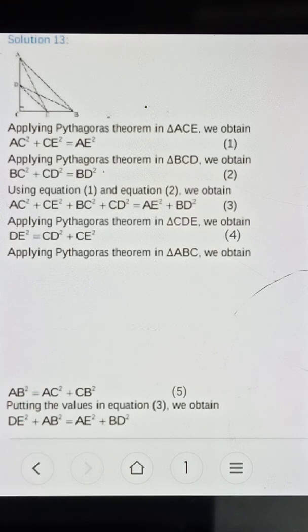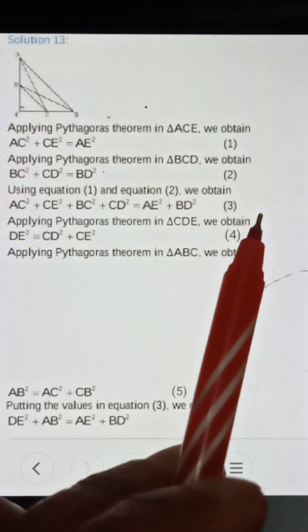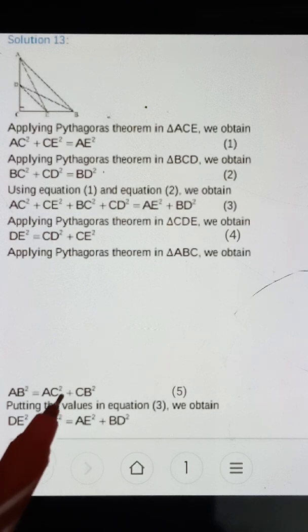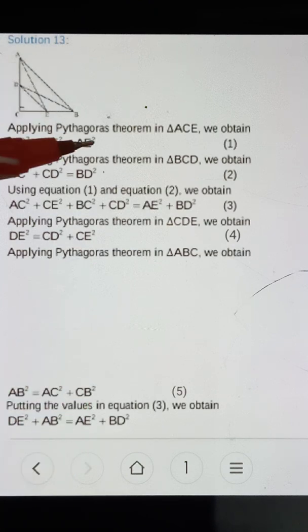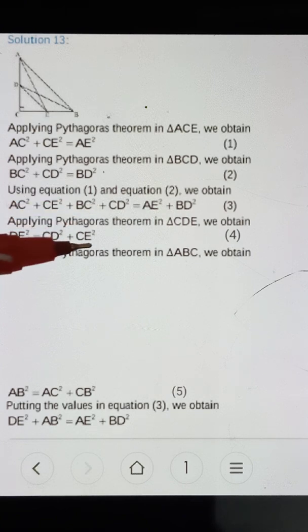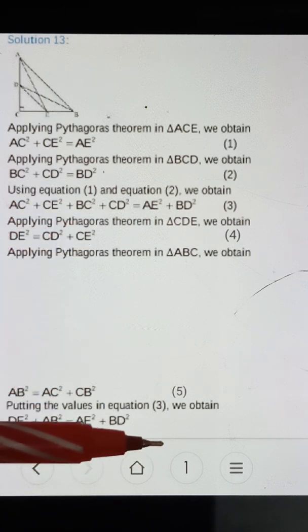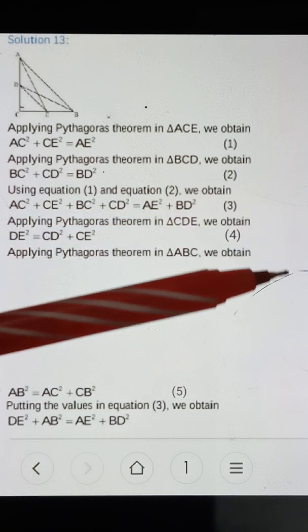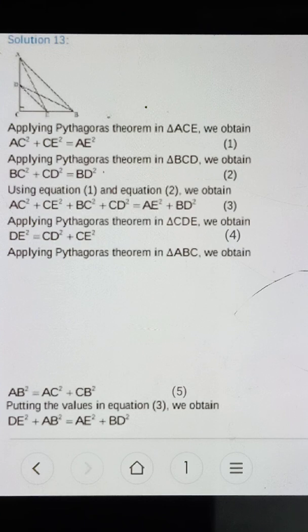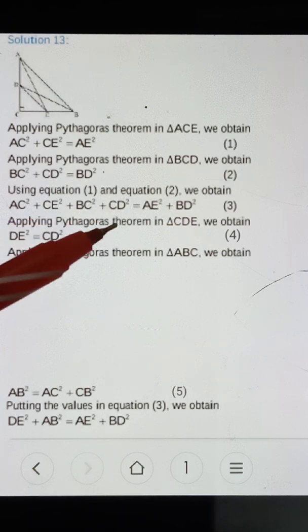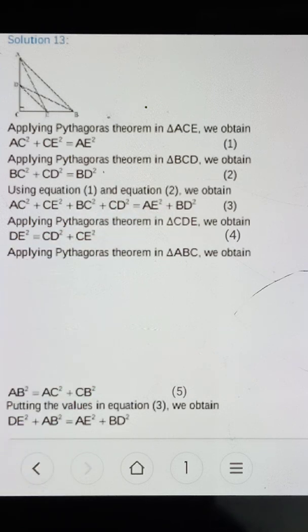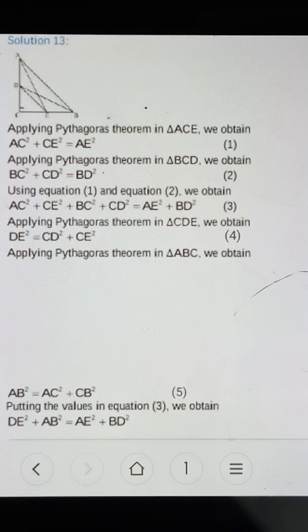If you're finding this complicated, replacing and all, then what you can do is leave this statement as it is, third one, and then add these two equations, just like you did for the first two. Like you had done equation 1 plus 2 to get equation 3. Now you can do equation 4 plus 5 and obtain an equation 6. Okay, and then you can compare equation 3 with that equation 6. Then the left hand side of both will come out exactly the same. Okay, because when you add these two also, what is coming in it, AC square is here too, then you are getting BC square is there, then you are getting CE square is there, CD square is also there. So your left hand side will become equal. So comparing both equal sides, your right hand sides will also become equal. That way also you can present your proof. Okay, so it's your choice how you want to do it. Cool. Now